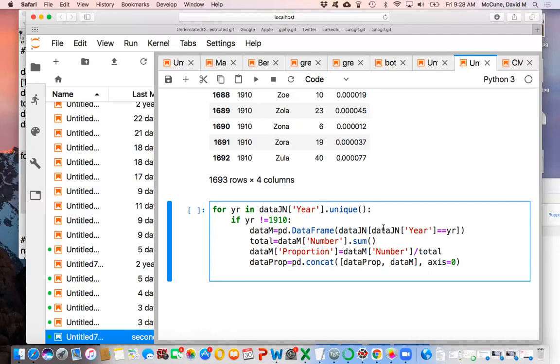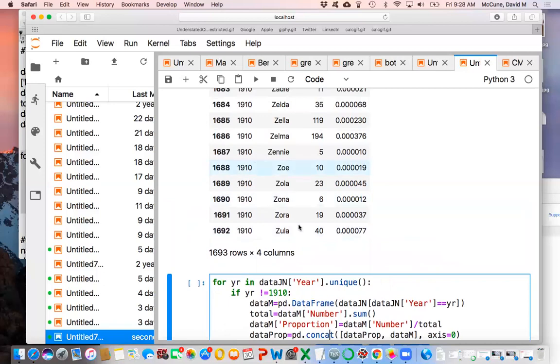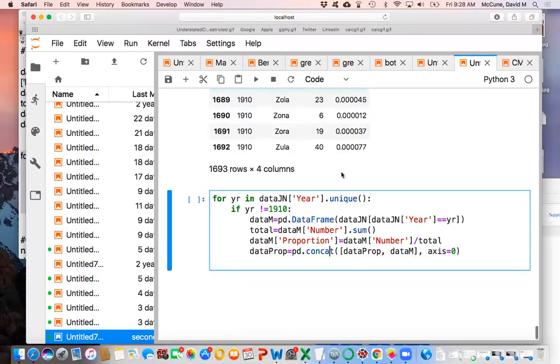Anyway, I slice by year. I then do the same thing of adding up the total number of numbers I see. That gives me the total number of babies. Create a proportion column, which is the number of babies of a given name divided by the total. And then here's this concat command from a previous class. What you're saying is, I already have this 1910 proportion data here. Now I'm just going to create the 1911 proportion data the same way when year becomes 1911.